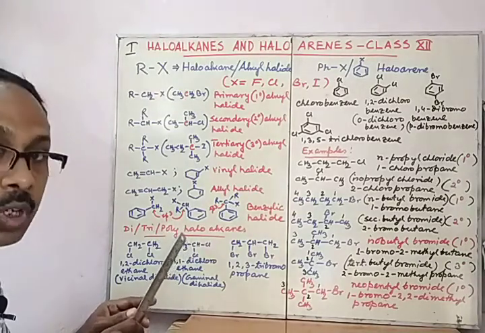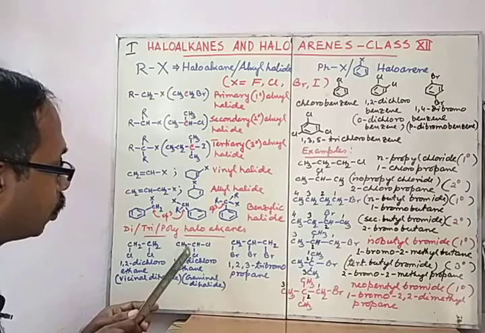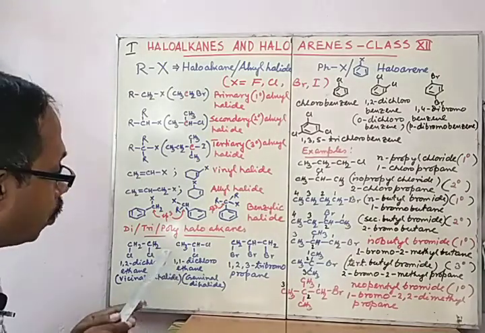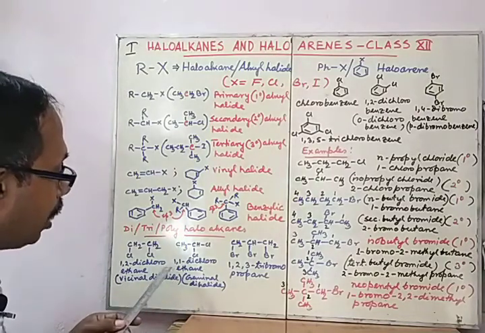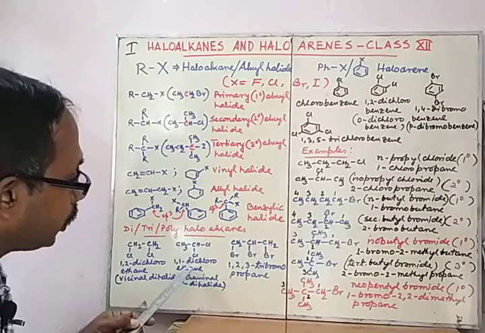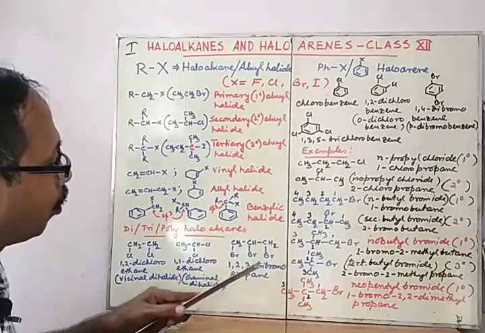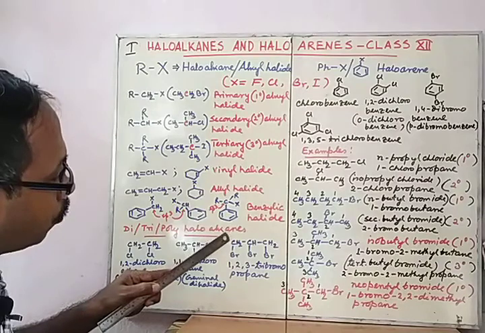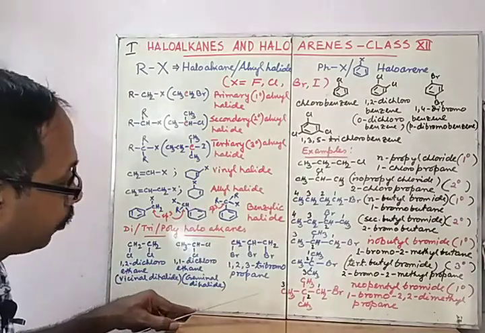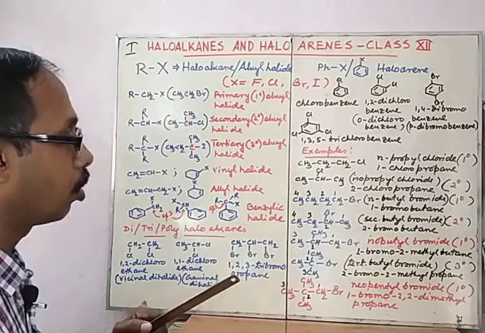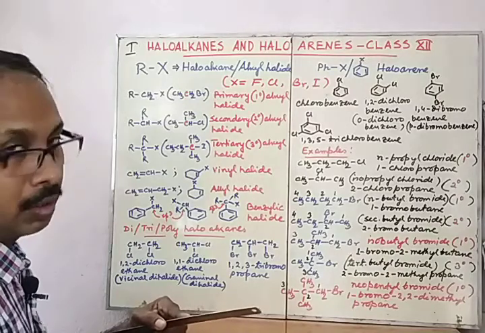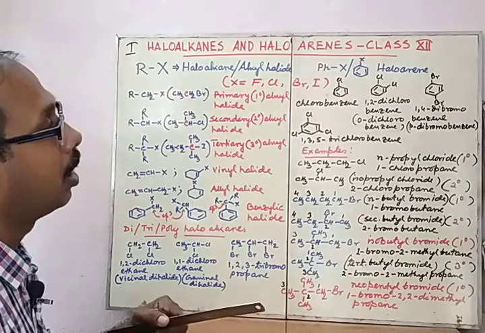Now in this compound we can follow a carbon which is attached to two halogen atoms. A carbon attached to two halogen atoms is also stated as a geminal dihalide. So this is an example of a geminal dihalide. IUPAC name is 1,1-dichloroethane. Now here is a trihalo compound. So it is 1,2,3-tribromopropane. So this is a trihalogen compound. In this way, the number of halogens can be more than one in haloalkanes.